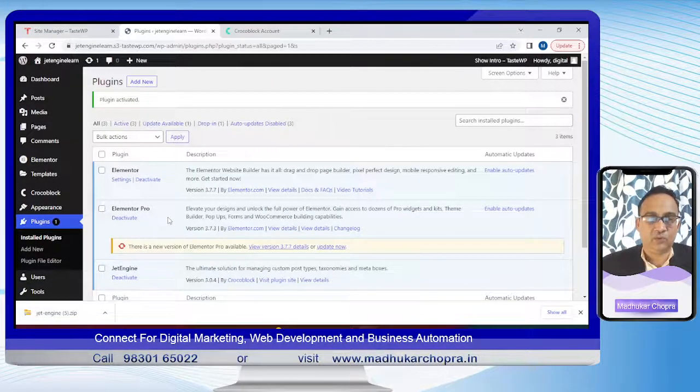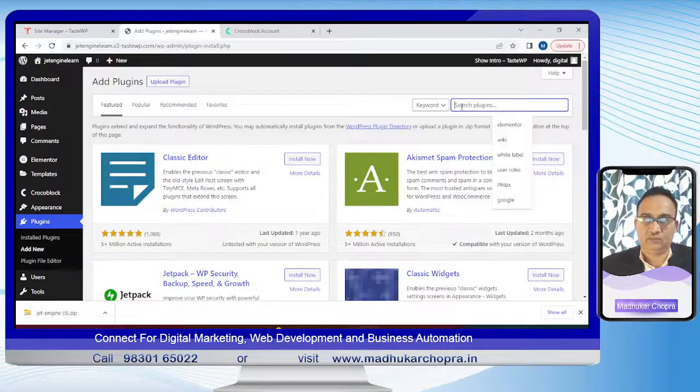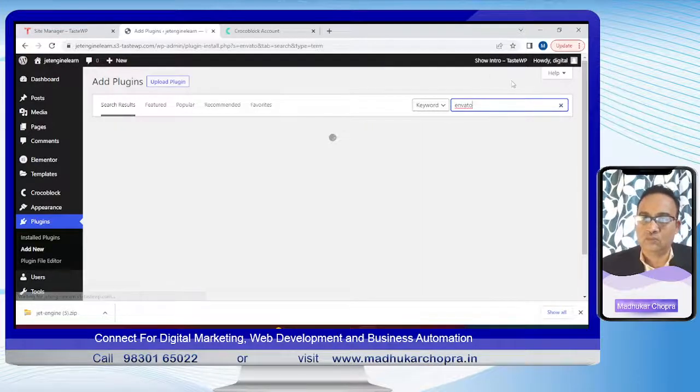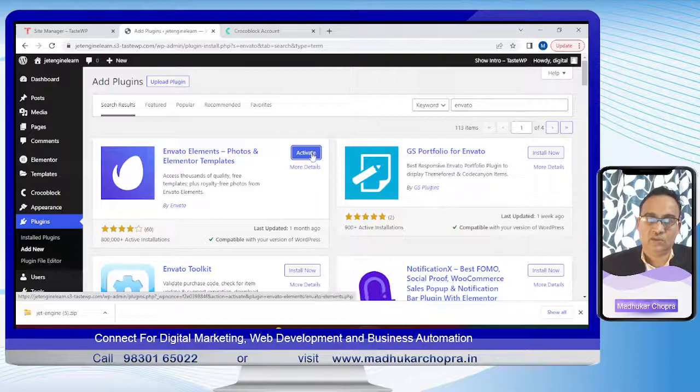This Elementor Pro has a new version, so we'll click on the update now. Now you can see the Elementor Pro has been updated to the latest. Now I'll install one more plugin which is called Elementor Elements. Once it is installed,